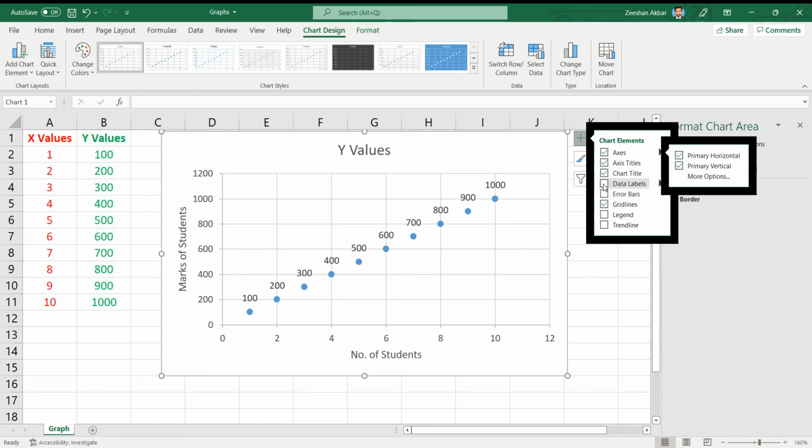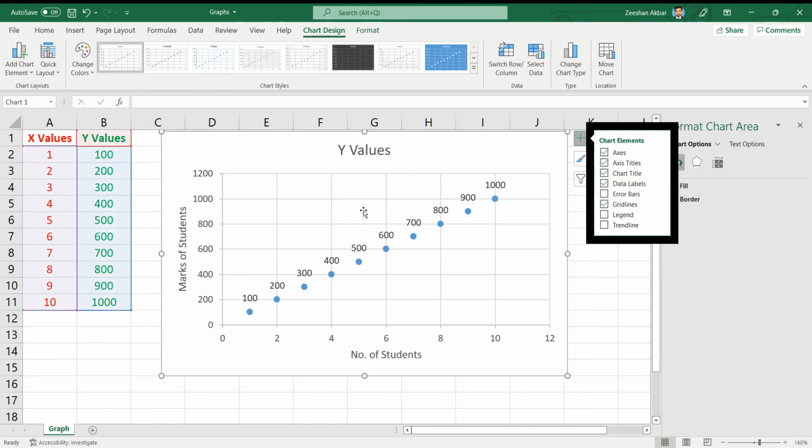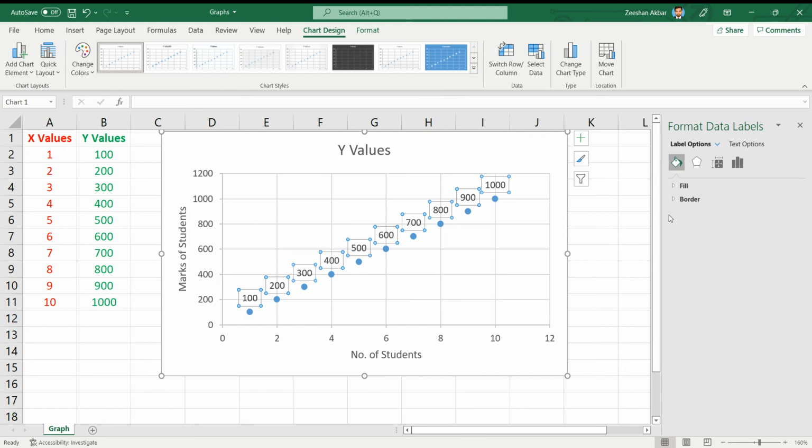So here you can add data labels. Data labels means this will show you the value of y. A simple data label will show you the value of y because x is the independent variable and the value of y is dependent upon these x values. So simply you can see these values, and if you want to show both x and y values, then you will go to this one, data labels, more options,